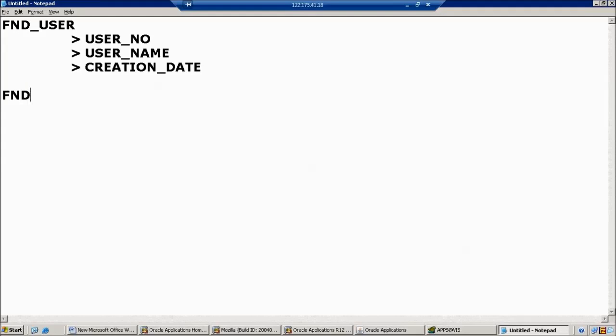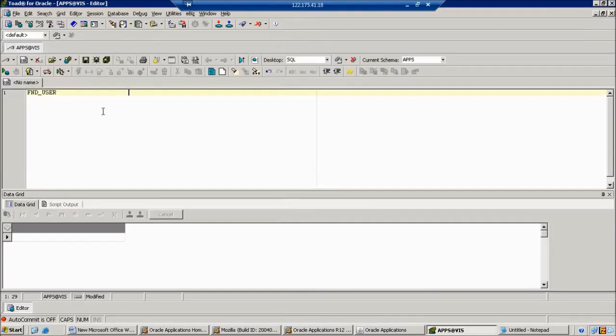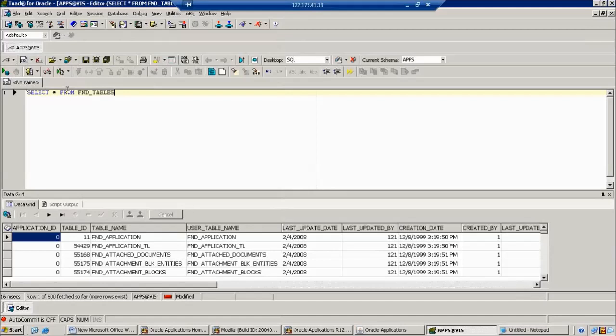In the same manner we will find the responsibility TL. Why do we want to choose that? How can we find the responsibility TL table? Here we can find FND tables. It is one of the tables which has the foundation tables, where the table name is like FND. Why do we want to come to the backend?